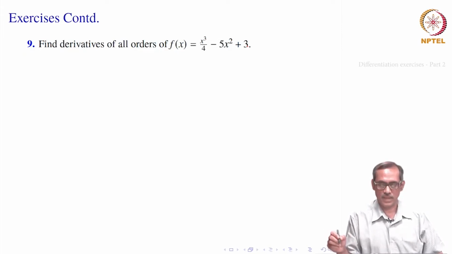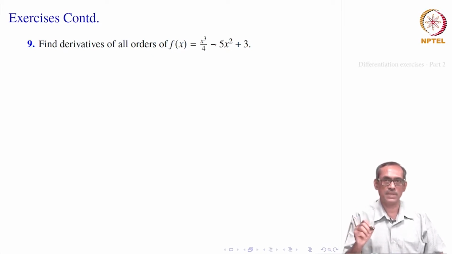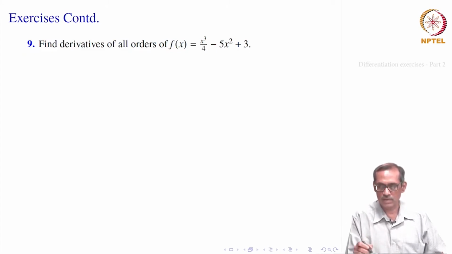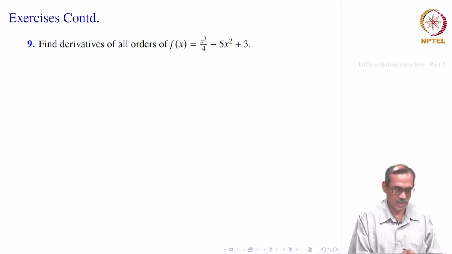But let us see, because it is a polynomial and each time you differentiate x to the power n, that gives you n times x to the power n minus 1. So, that reduces the degree of the polynomial. Then after some finite number of times, a polynomial is reduced to 0 by successive differentiations. Up to the third derivative we can find out, the next derivative will be 0. So, with that expectation, let us compute its derivative.